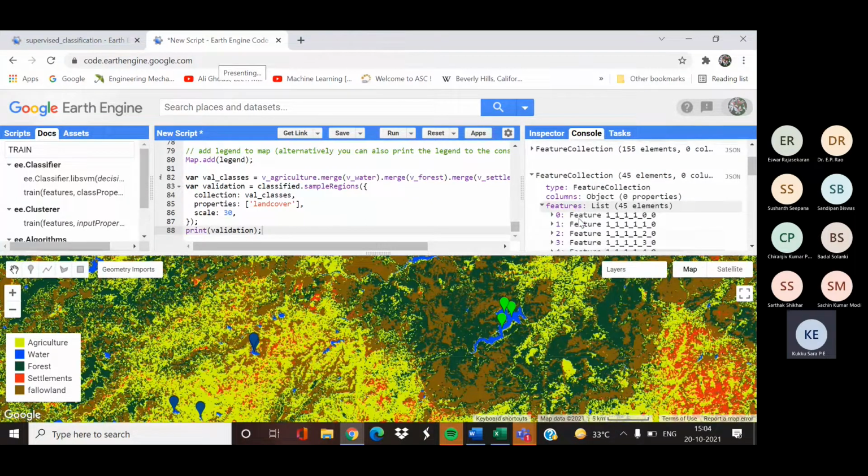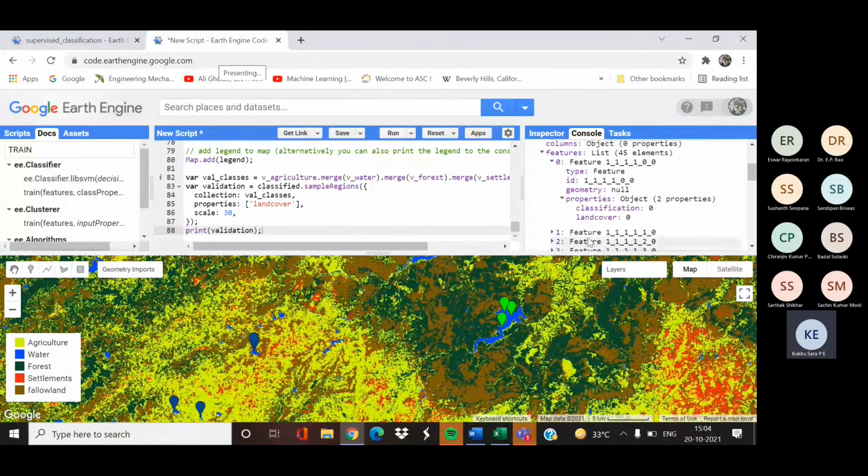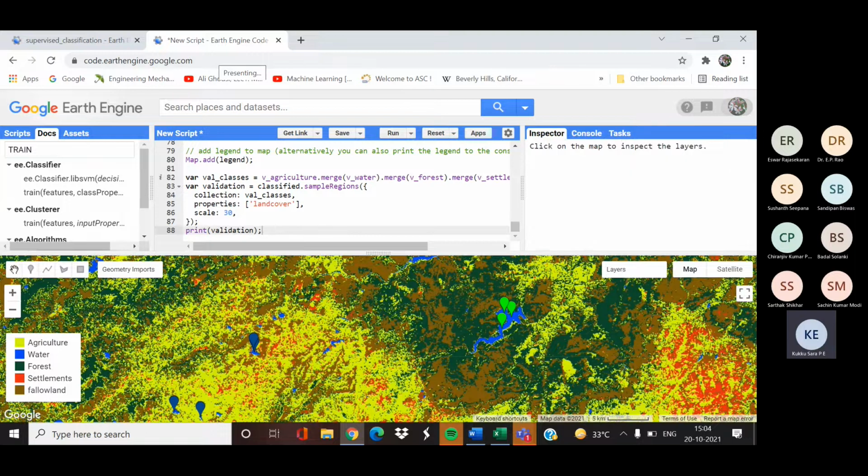So this will, like previously shown, show for the classification what the value was, like our classified image, and what exactly that particular land cover represents. If you take this first validation point we have collected, here classification is the value of our classified map.